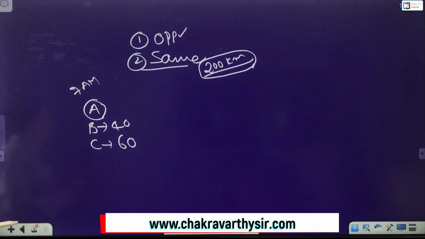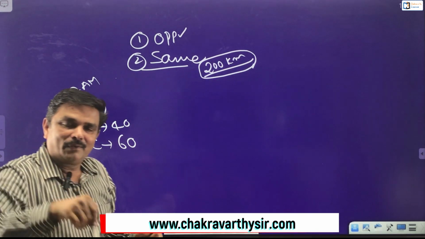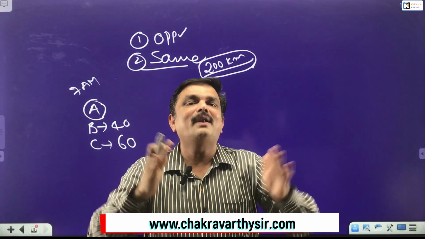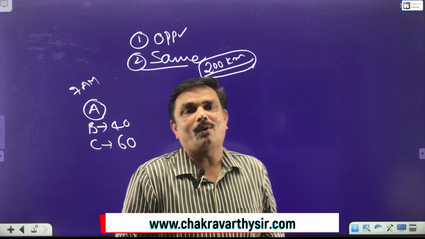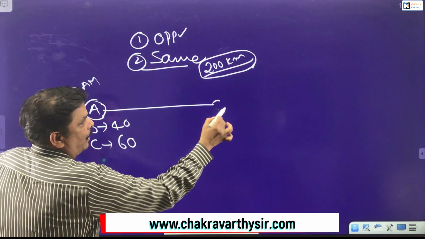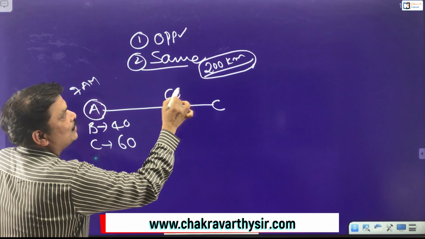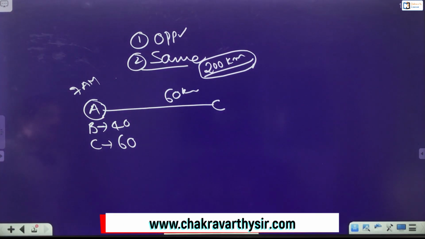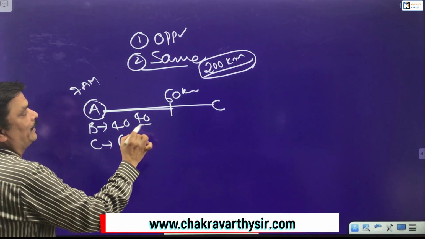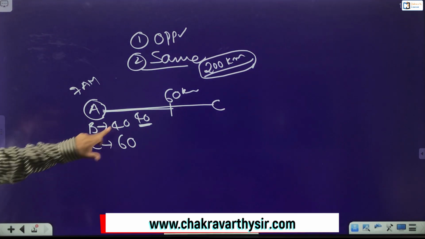7 a.m. they have started. Now the simple question is, what is the distance between these two vehicles after 1 hour? That is at 8 o'clock. Simply we can say in 1 hour car is going to cover how many kilometers here? 60 kilometers. And bus is going to cover only 40 kilometers, because per hour it goes 40 kilometers,